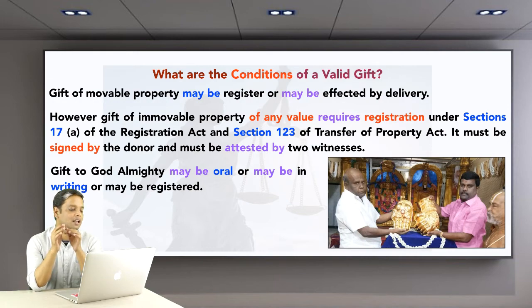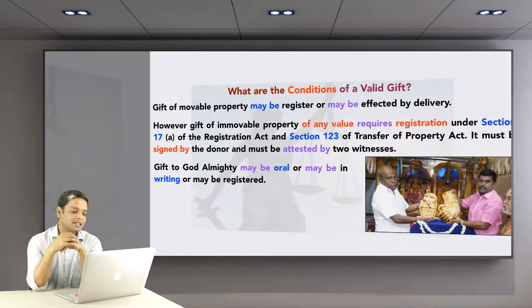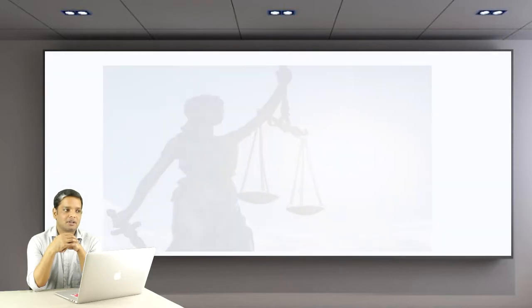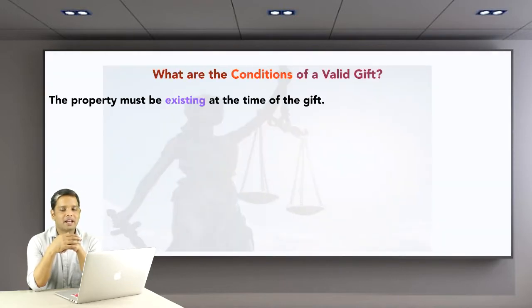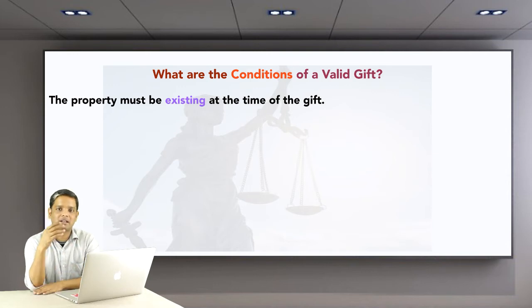The next point is, the property must be existing at the time of the gift. We have also discussed this point, that when you are gifting out the property, then it has to be there in the present. It's not something that you are imagining or planning to buy and then gift, that will be void. So the property that you have, that is in your possession and you are the sole authority of that property, only then you can gift it out.